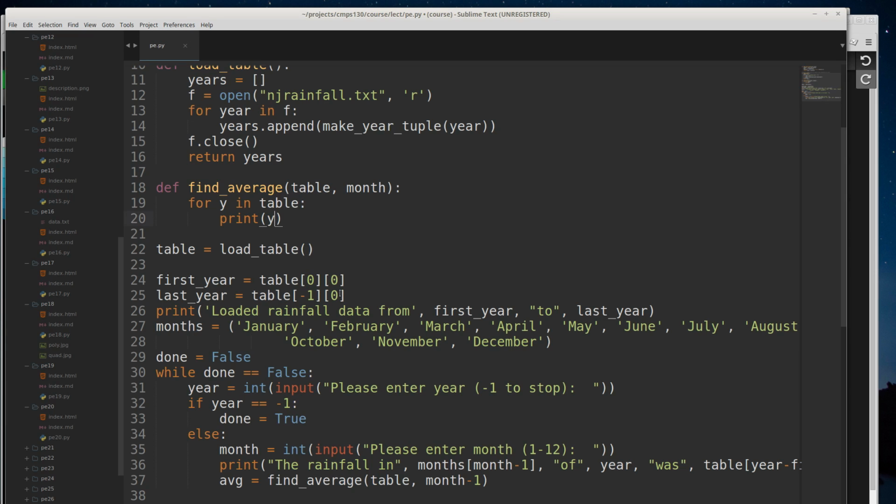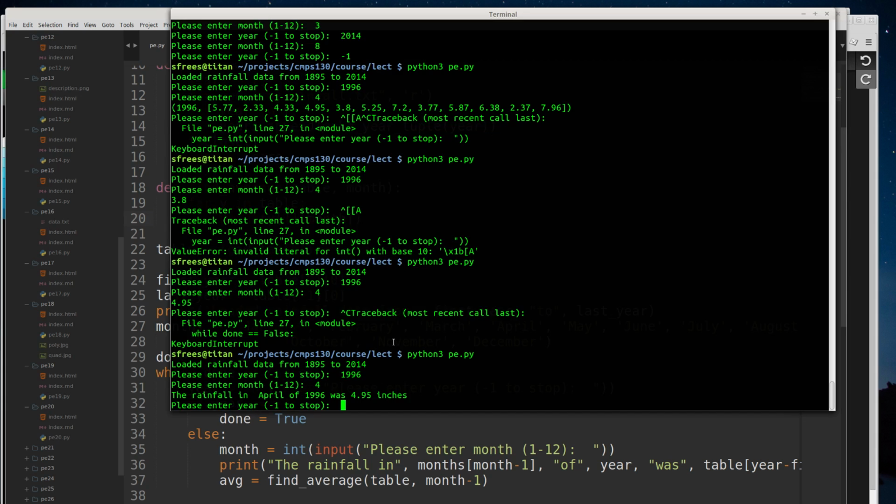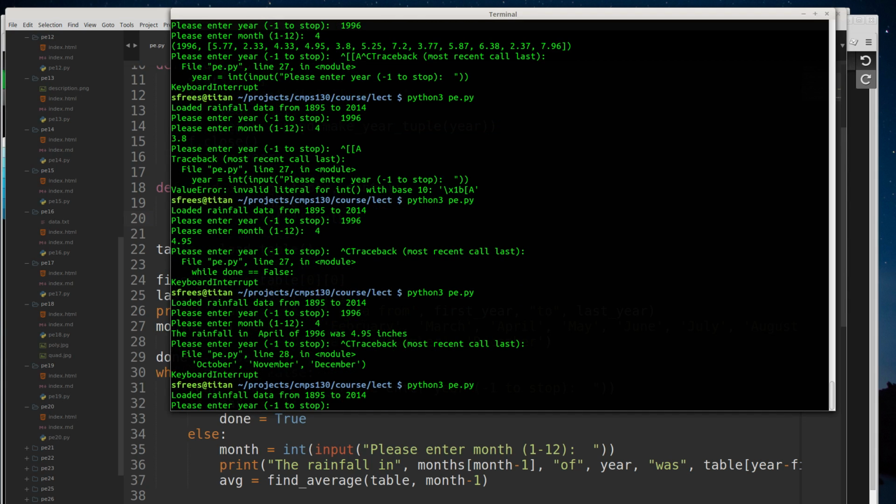I'm going to be looking at the second element, element index 1. That's a list, and we want that month. Let's just look at that. It's going to be a pretty bulky output, but